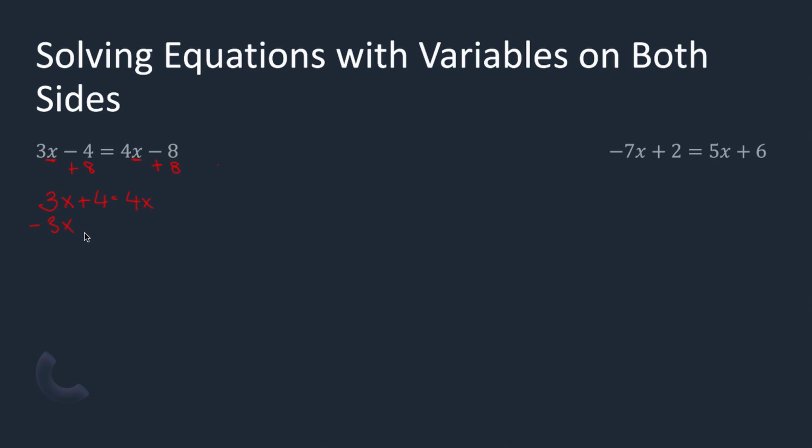Now, if you're thinking that, oh, but there's a 3 there, we can divide by 3. We need to do that because that's reverse order of operations. It's not reverse order of operations here. We need to subtract this whole term. We don't need to divide this whole side by 3 because that would just mess things up even more. So we need to subtract 3x, the whole thing, from this side.